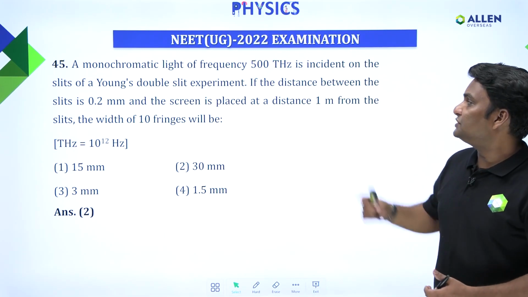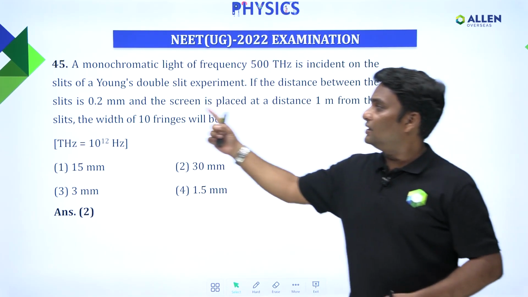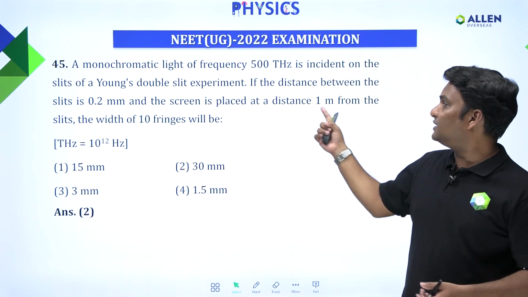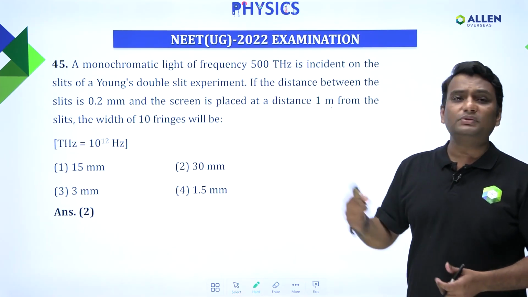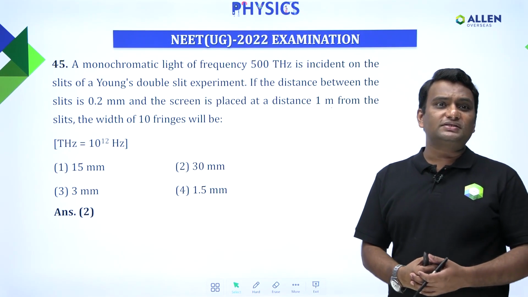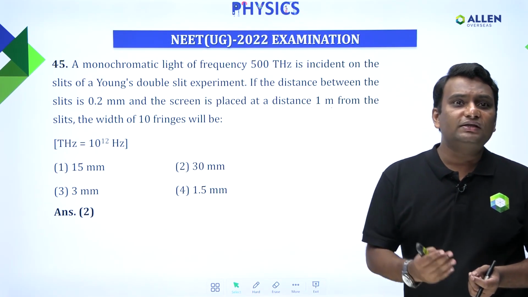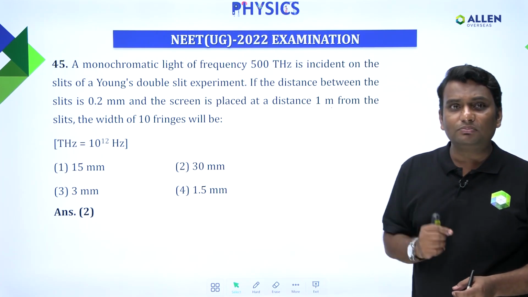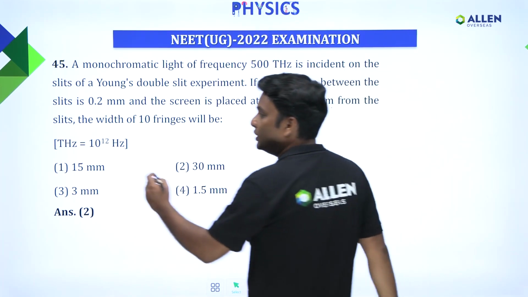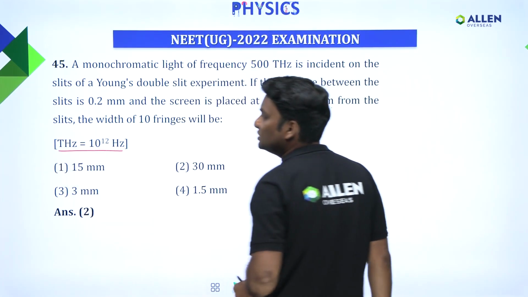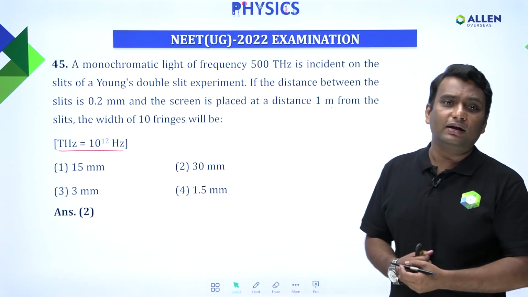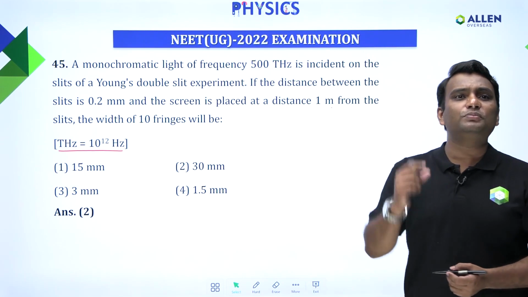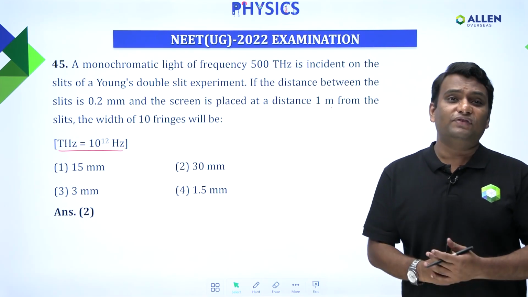Now the question says if the distance between the slits is 0.2 mm and the screen is placed at a distance of 1 meter from the slits, then the question is asking what is going to be the width of 10 fringes. Apart from that, the question is also saying that 1 terahertz is equivalent to 10 power 12 hertz. So in this question basically they are asking us what is going to be the width of the 10 fringes